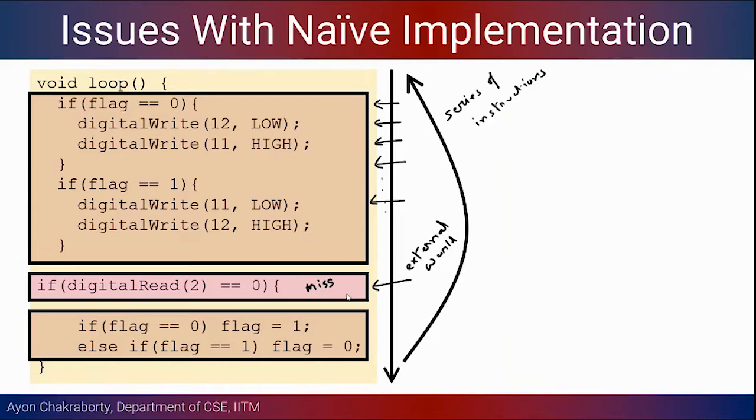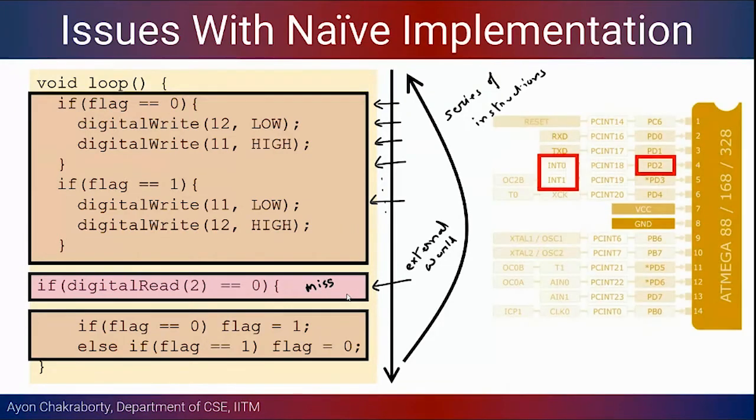You cannot expect the computer or the controller to be at the same location in the code where you are trying to read these external inputs, right? Or any other thing that happens randomly and is not predetermined in your code. How do you handle those kinds of situations? For that we have something called interrupts, and one of them is how we can handle external interrupts.